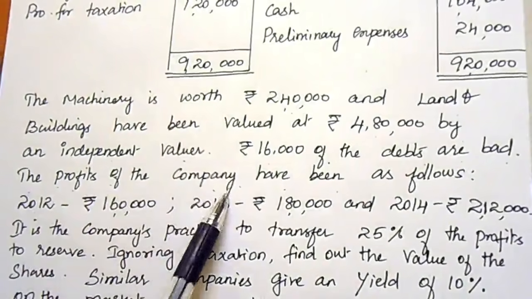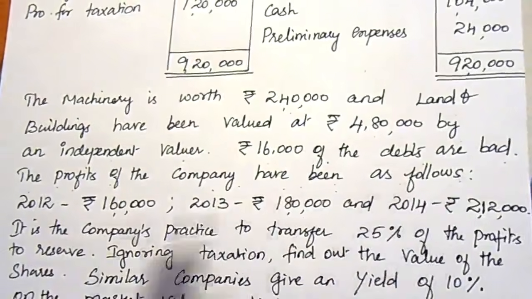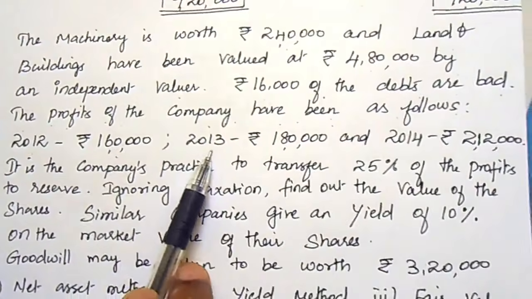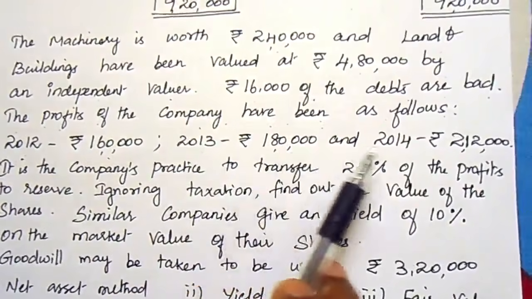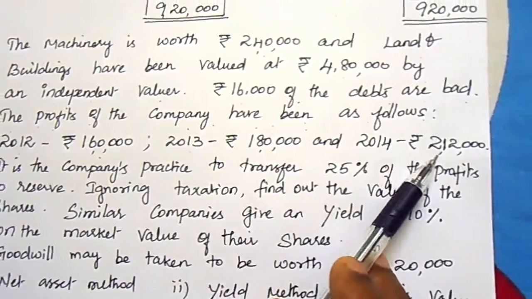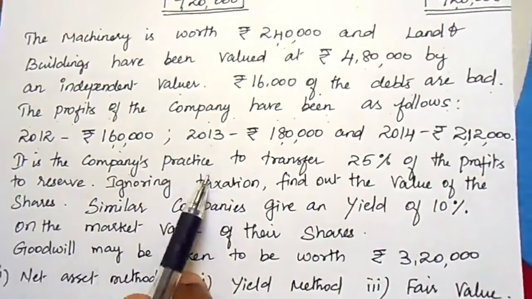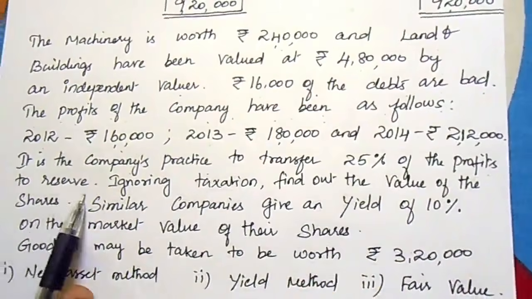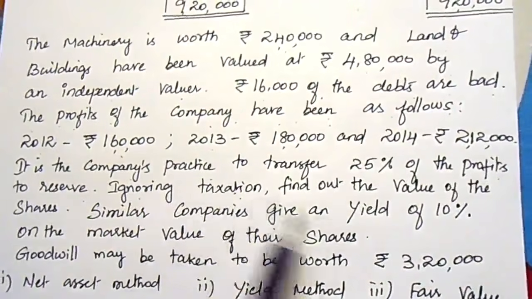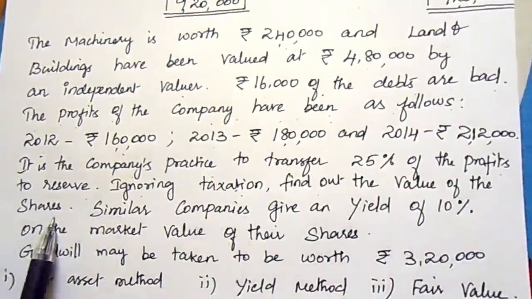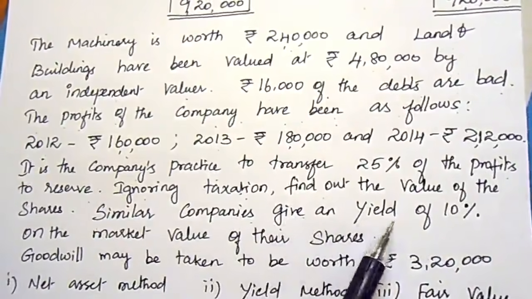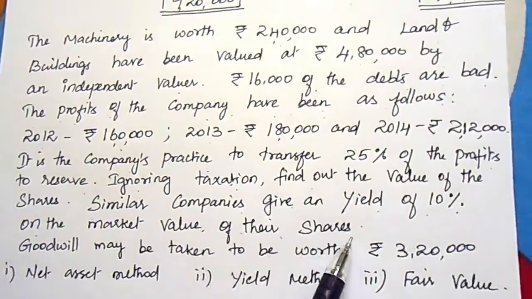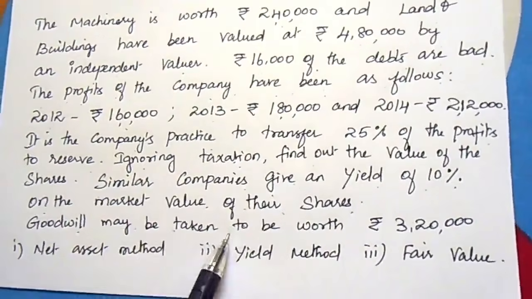The profits of the company have been as follows. In the year 2012, 1,60,000. In 2013, 1,80,000. 2014, 2,12,000. It is the company's practice to transfer 25% of the profit to reserve, ignoring taxation. Find out the value of shares. Similar companies give a yield of 10% on the market value of their shares. Goodwill may be taken to be worth